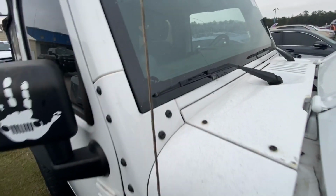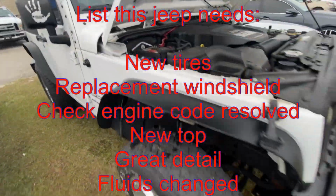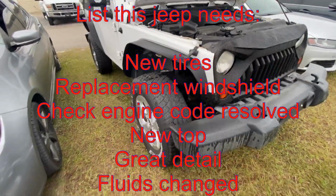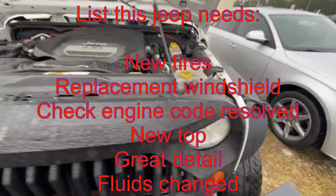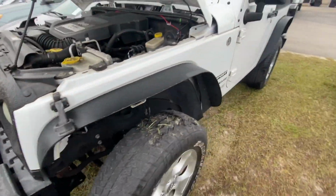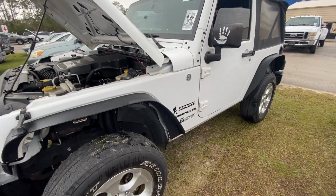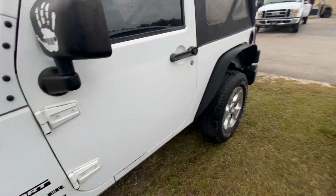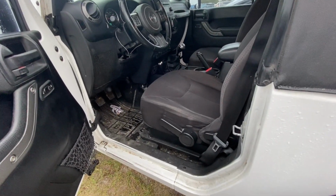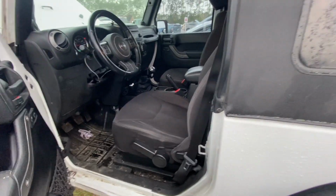This windshield needs replaced. So to get this Jeep right, you're going to need a set of tires. You're going to need a new top, most likely. This needs cleaned up. You gotta figure out what that check engine light is, and it needs a little bit of detail. But this is something to take a look